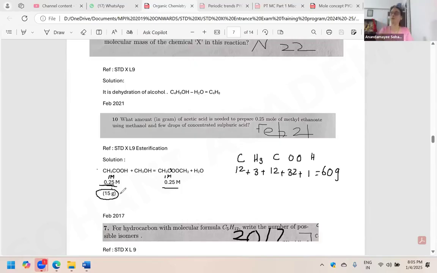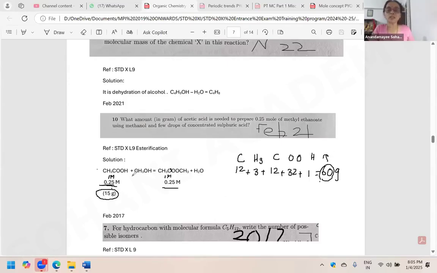As said, your final answers will always be asked in such a format that it comes as a 2-digit number. Here, even 1 mole was a 2-digit number, but it is the examiner's wish that he wants you to work on it further. Not just saying that 1 mole of acetic acid is 60 grams. They want you to work on finding 1 mole first and then dividing it by 4 to give you the real answer. If you don't read the question carefully and 60 comes, you are happy, a 1-2 digit number came, you write it down,